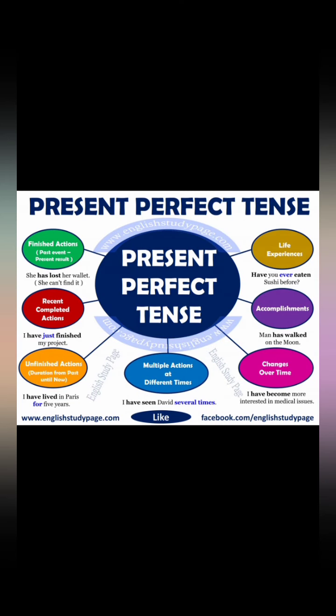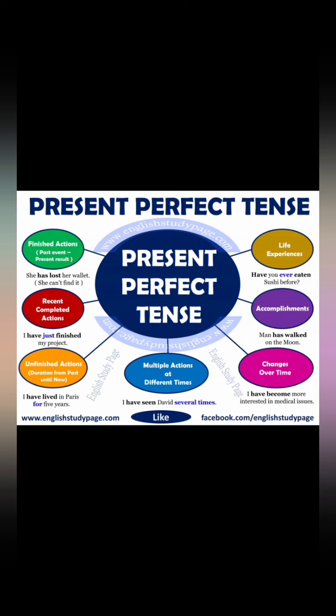Present perfect tense. Present perfect tense is used to express an event that is started in the past and the impact of the event is now continuing. Something that has happened in the past but the impact will remain now. Then we have to write a present perfect tense. Okay? The present perfect tense is formed by putting have or has before the past participle of the verb.